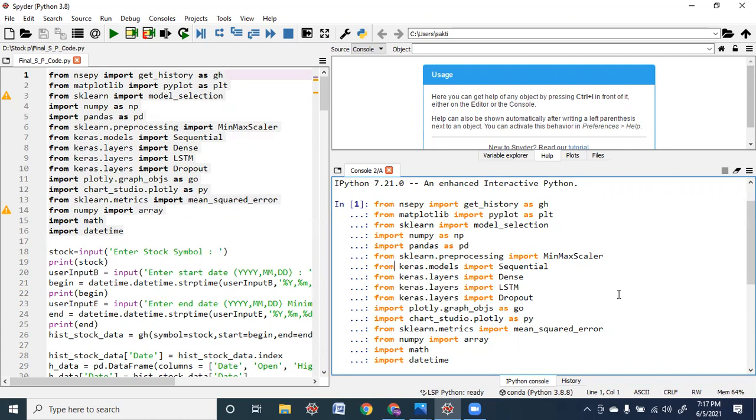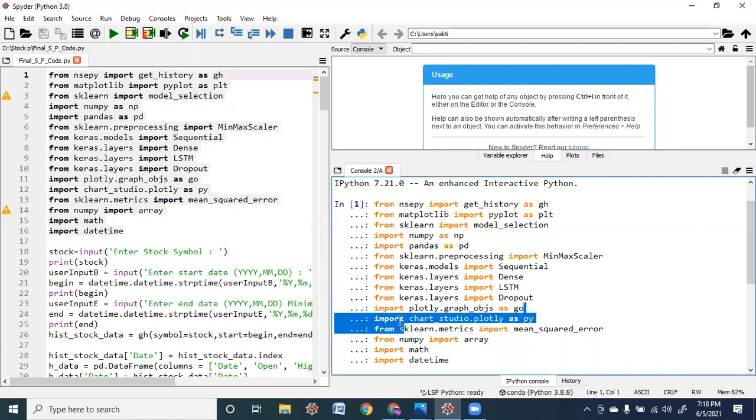It groups a linear stack of layers into a tf.keras.Model. Then Dense implements the operation and is used for output. It represents a densely connected neural network layer. LSTM is a long short-term memory layer. Dropout ensures that no values are dropped during inference, and when using model.fit, training will be automatically set to true.